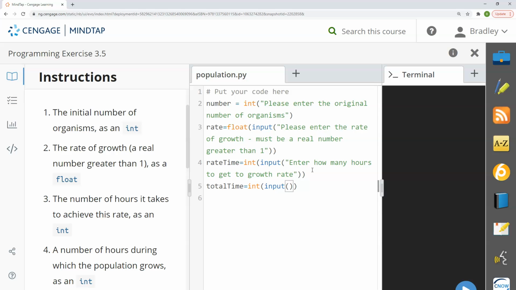It'd be helpful if I put that in. Chunk. Please enter how long you are letting this grow. Okay, so now we have 4 values,